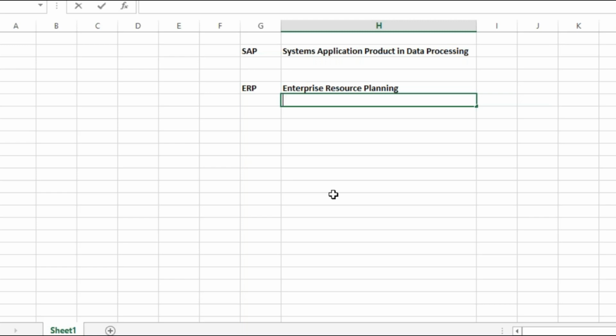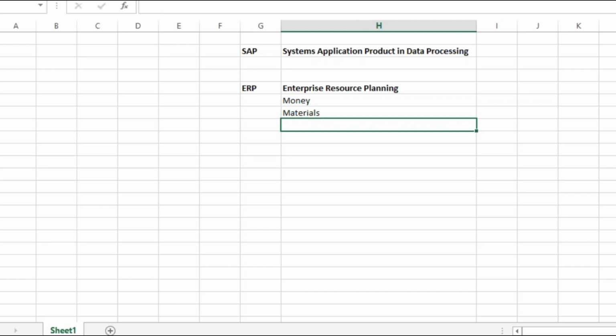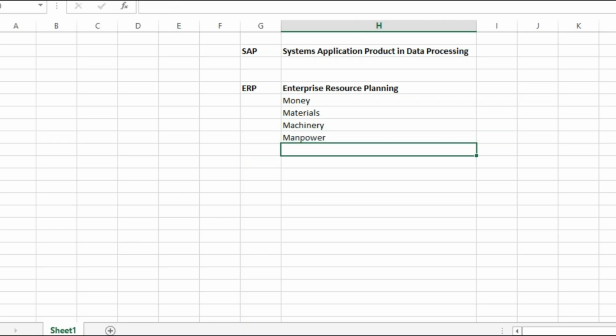Resource refers to the resources of the organization, namely money, materials, machinery, manpower, human resource, and a whole lot of other resources which are collectively put together in an organized manner to earn profits. Planning refers to planning of these resources.